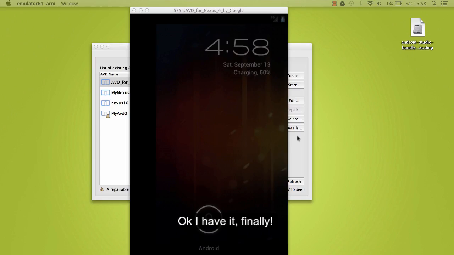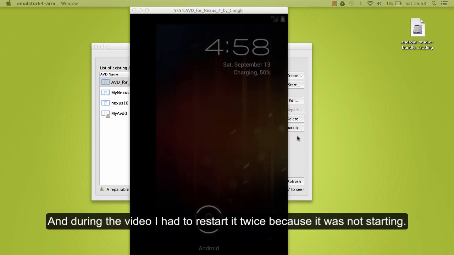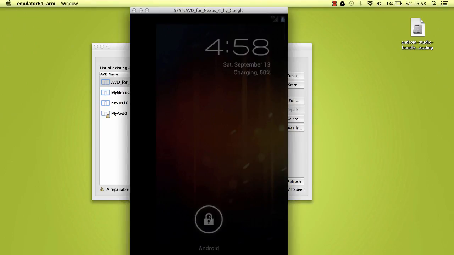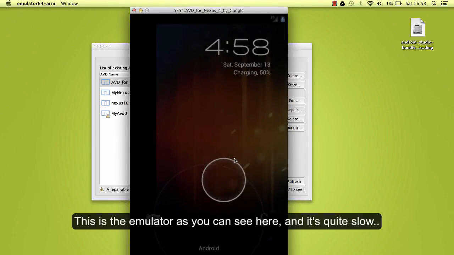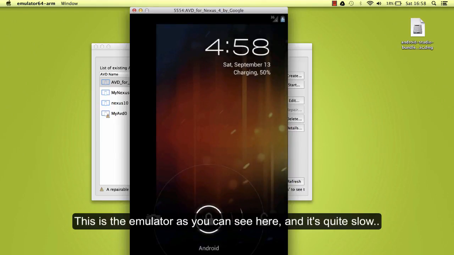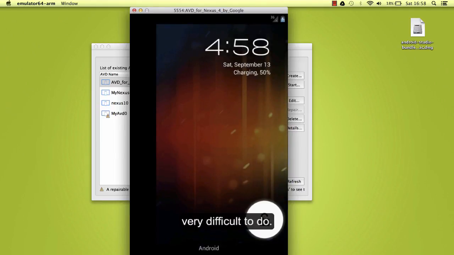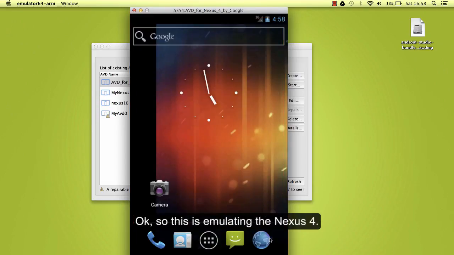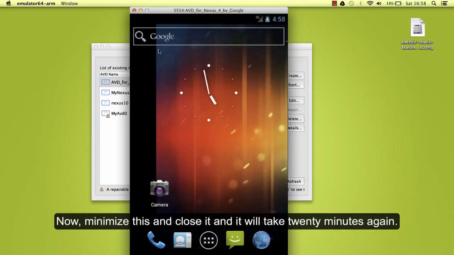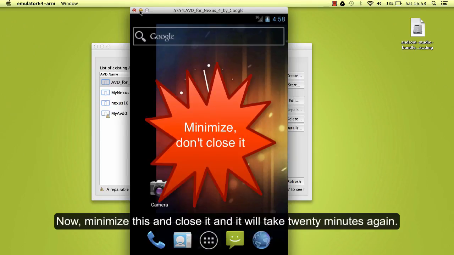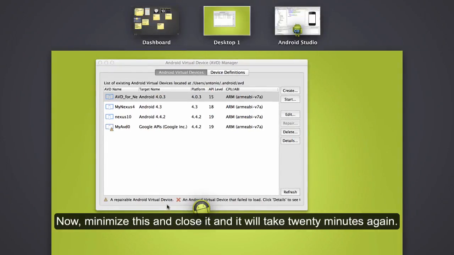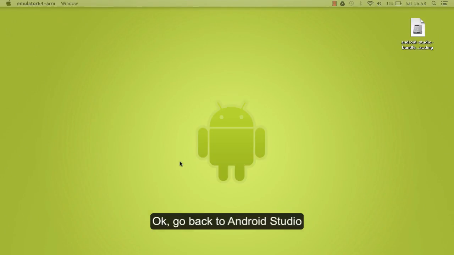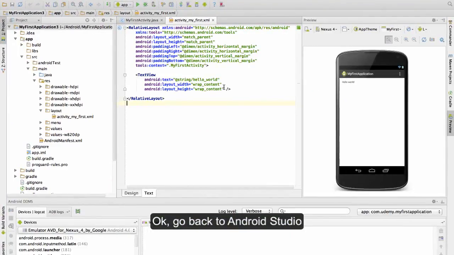Okay, I have it, finally. During the video, I had to restart it twice, because it was not starting. Okay, this is the emulator, as you can see here, and it's quite slow, very difficult to work with. So this is emulating the Nexus 4. Fine. Now minimize this, don't close it, or it will take 20 minutes again. Okay, go back to Android Studio, and now click on Launch again,